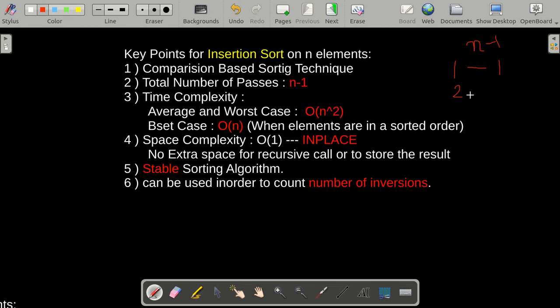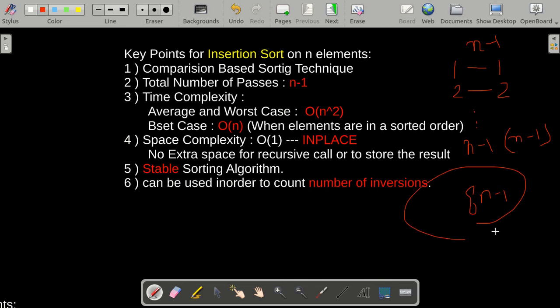In the second pass, maximum 2 elements, because now my first half has 2 elements, and so on up till n minus 1, where I have to traverse at maximum n minus 1 elements. So total of it will be summation of n minus 1, which comes out to be n minus 1 into n by 2. So this is of order of n square.